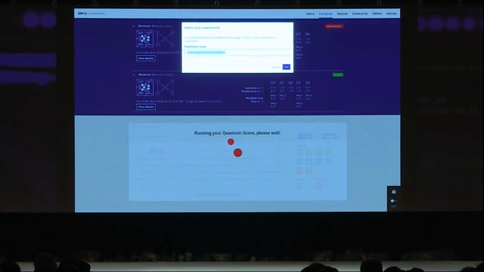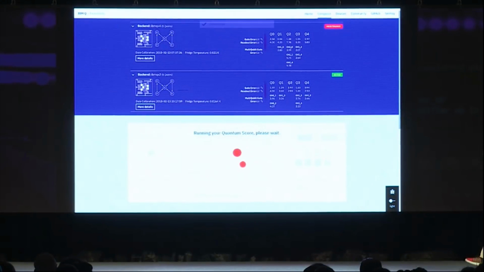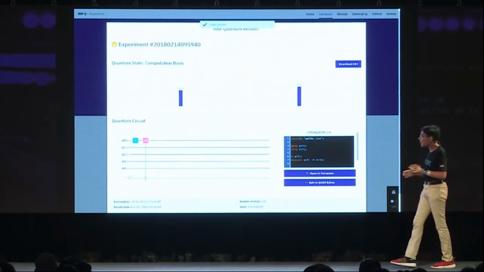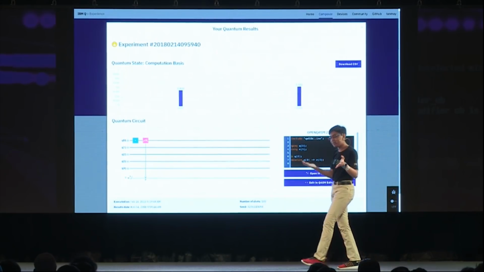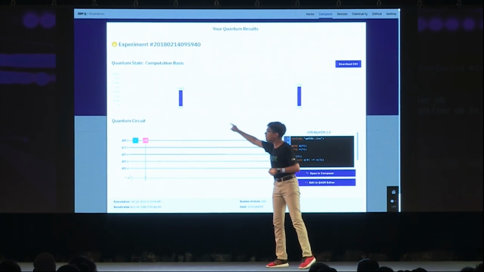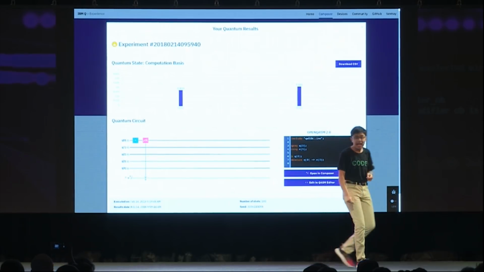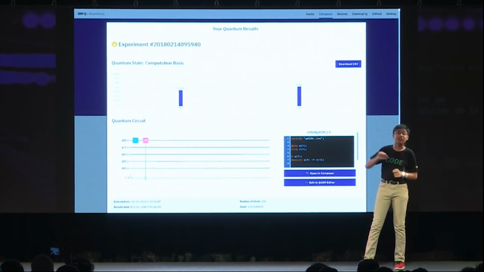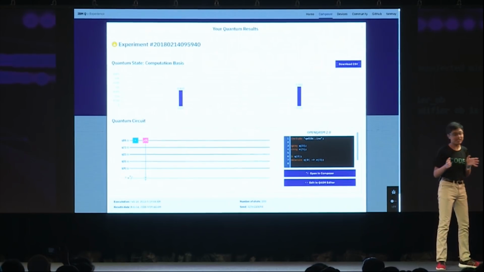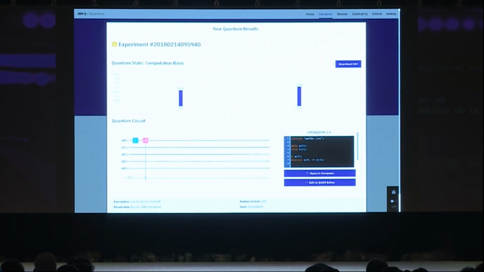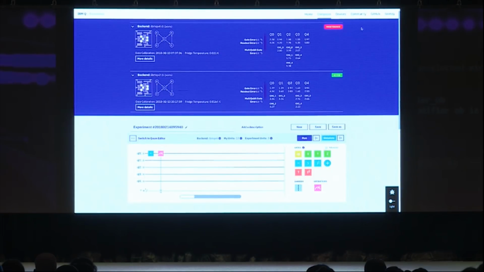I'm going to click on Simulate. I'm going to give it an experiment name. And theoretically, if this works out, as you can see, it did. What the simulation gives us is the value 1 45% of the time, and the value 0 55% of the time, which is very, very close to 50-50 chances. All right, so as you can see, that's an experiment that proves superposition. But now let's take a look at an experiment that proves entanglement.